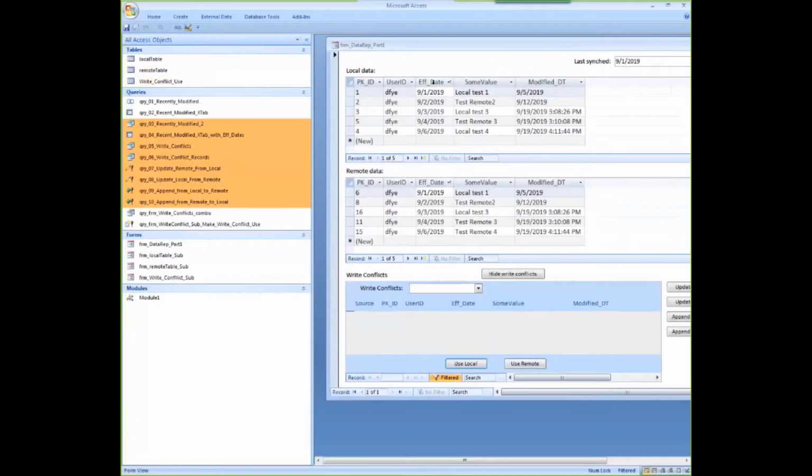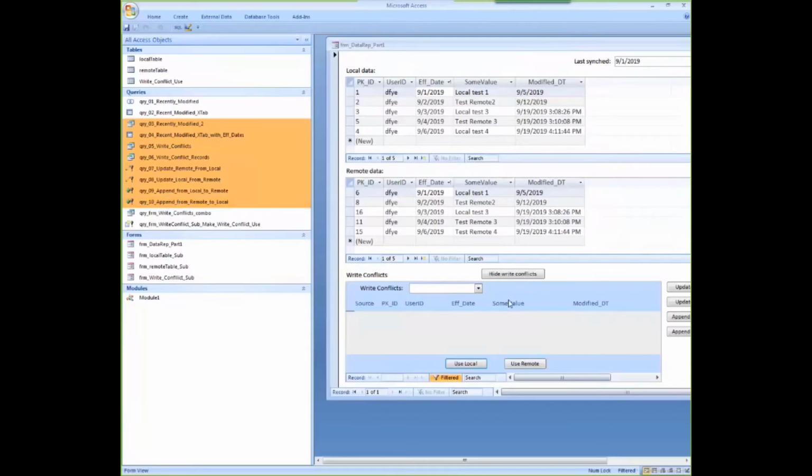It would create the joins. It would build all of the SQL for each of these queries via code. And then I just had a record set that listed all the tables I want to sync, and it runs through that process. If it finds write conflicts, it pops up a form that looks similar to this and lets them deconflict those write conflicts.